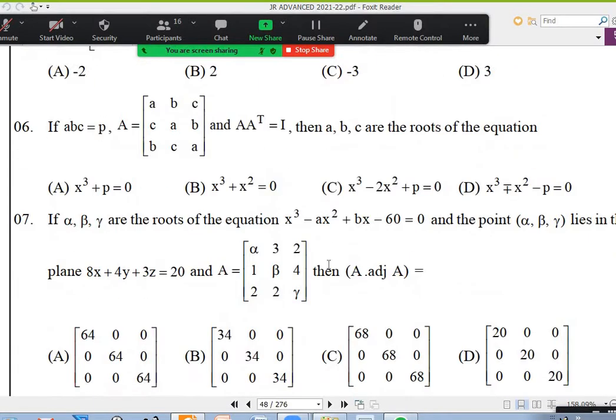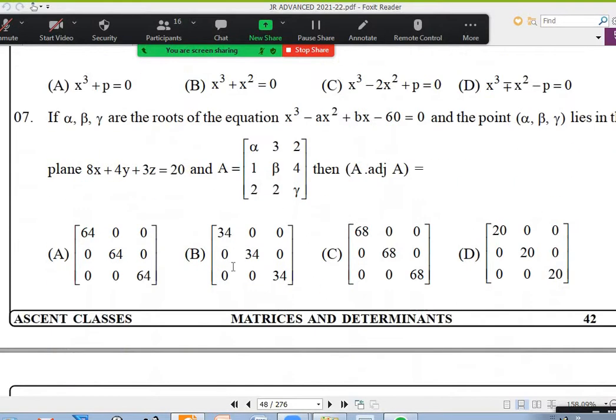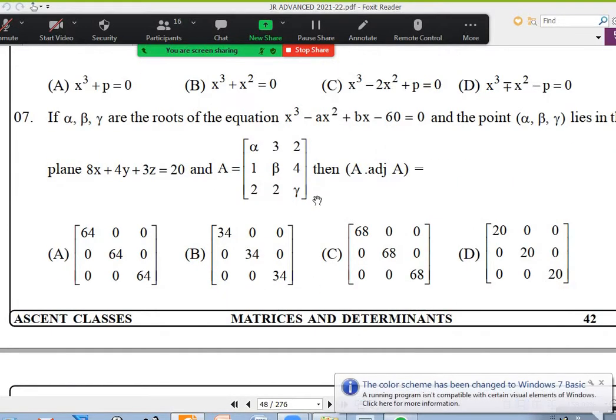Okay, yesterday we discussed the sixth one, right? Yes, sir. Okay. Somebody asked about the seventh one. I said that is also related to the cubic equation only. Let us see.